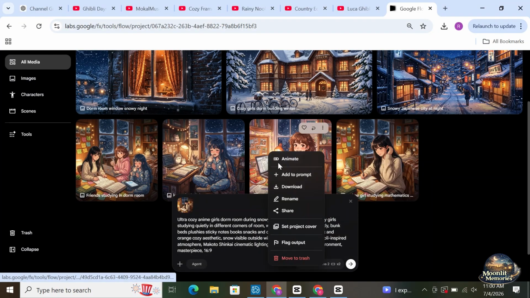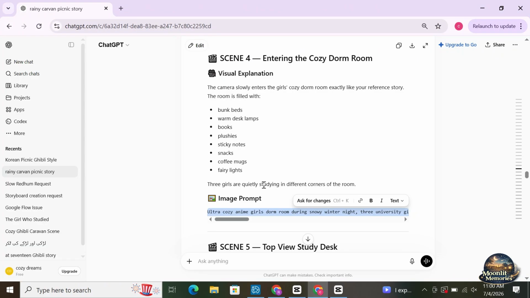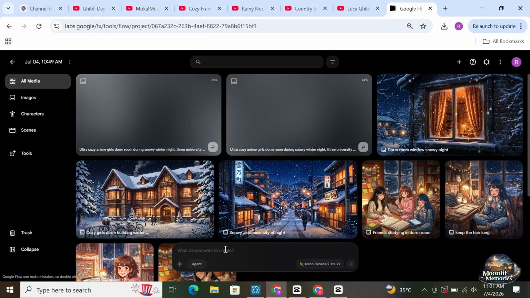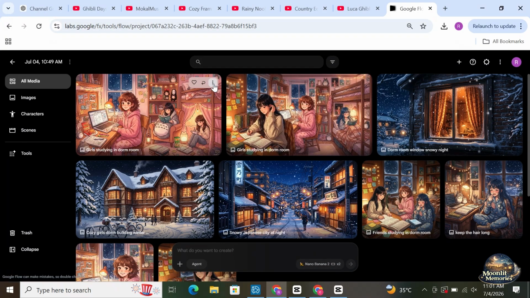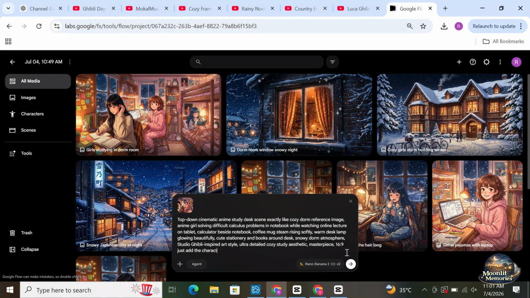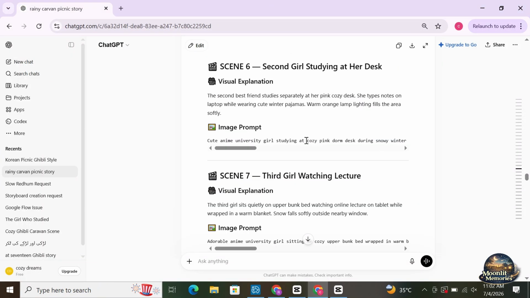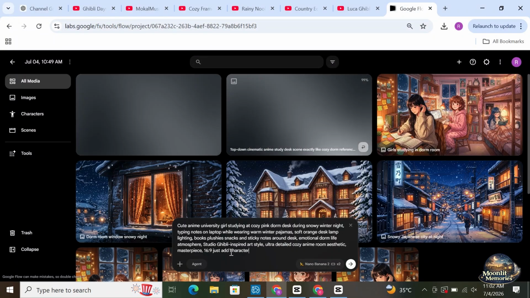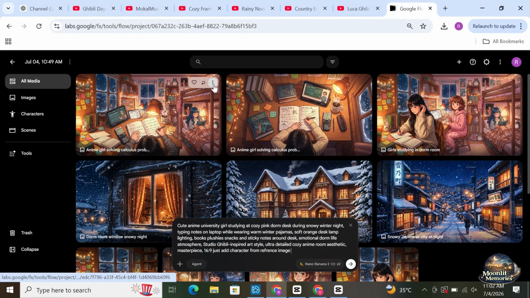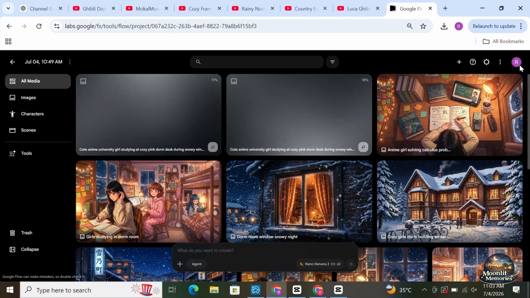I don't write all the prompts manually because Google Flow does an excellent job of understanding the story and creating descriptive prompts. Once the prompt is ready, I generate the image in a 16:9 aspect ratio, since it's the perfect format for YouTube videos. I usually generate 2 versions of the image, keep the one that looks best, and delete the other one. I repeat the same process for every scene in the story until I have all the images